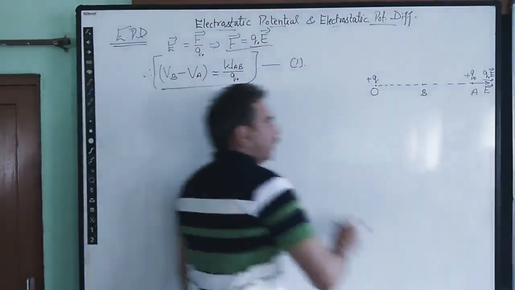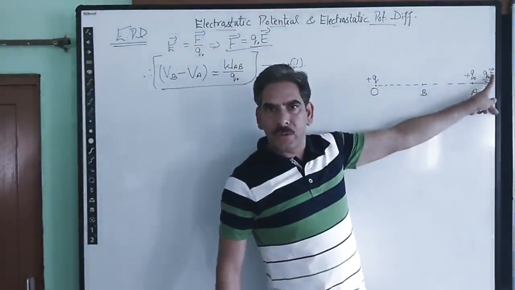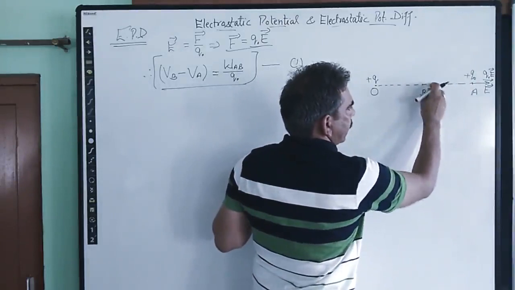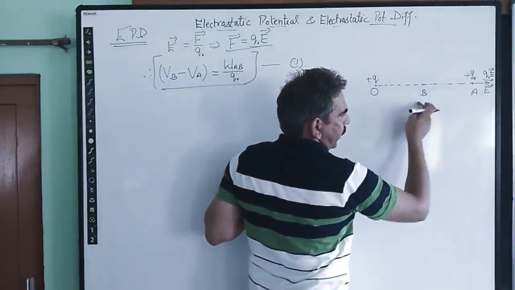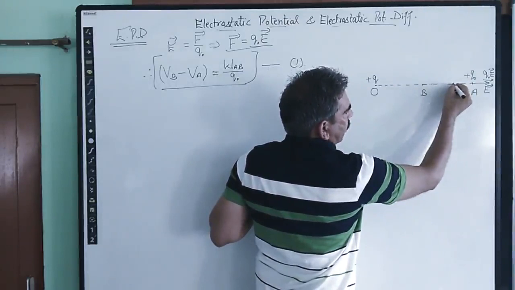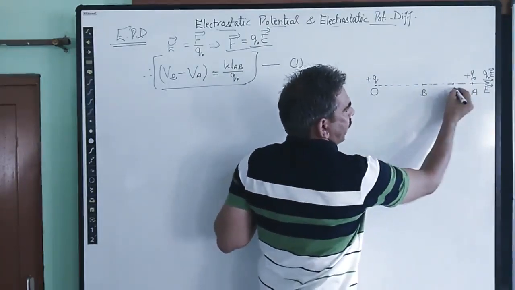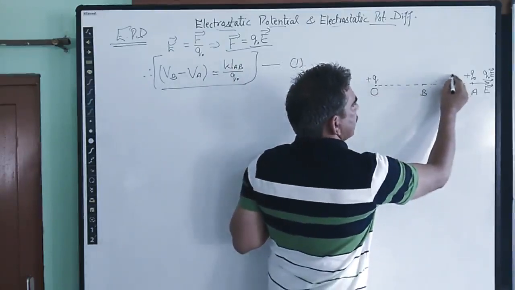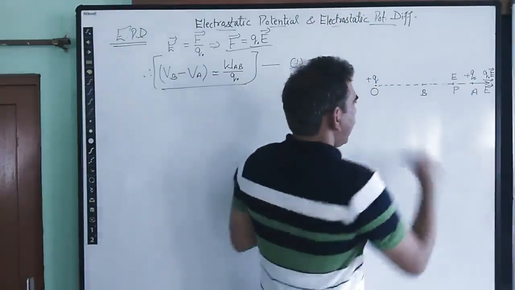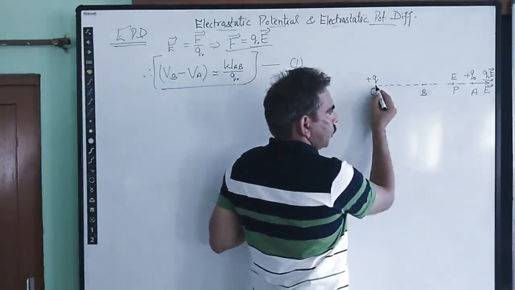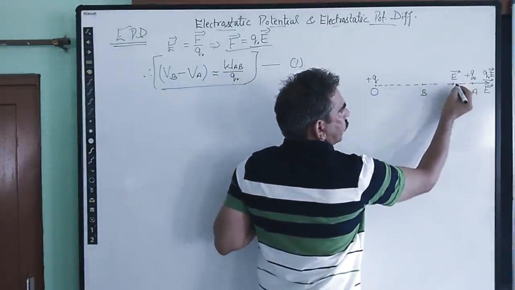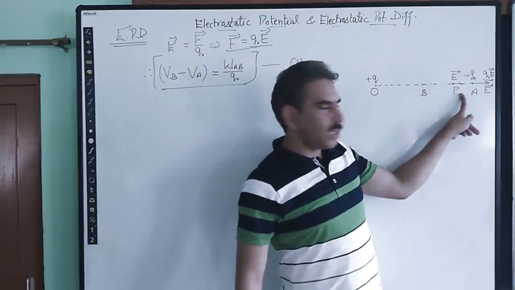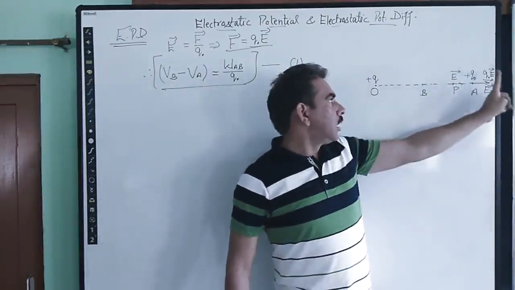So we are doing the work against this electric field, or we can say electric force applied by the given charge on the test charge plus q naught. So during that motion from A to B, suppose that at any point of time the charge is found to be at position P, where the electric field of this charge is represented as E. I am taking the electric field of the given charge Q at point P to be E. So this electric field is away. So this will exert a force which is repelling the test charge q naught.